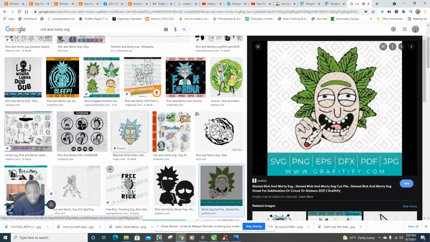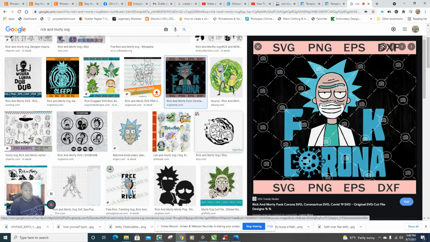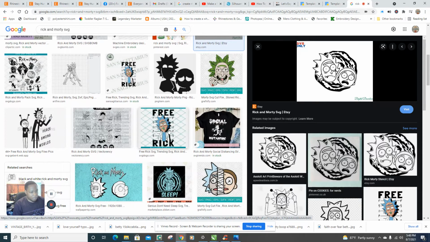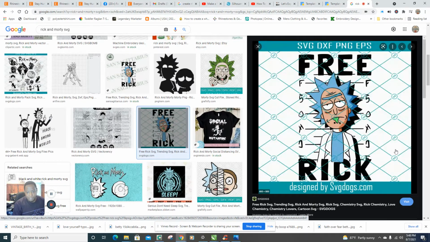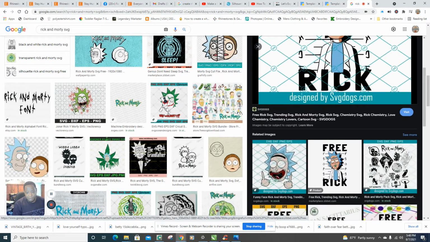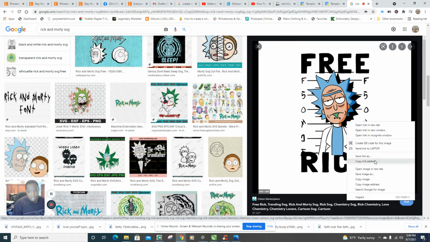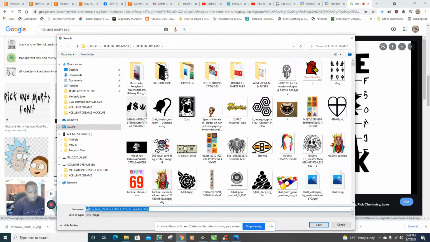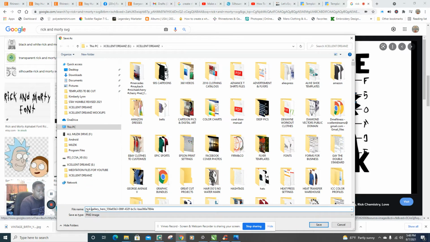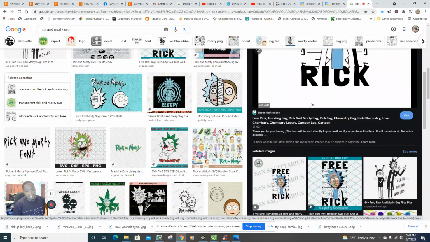Let's see here. That's a good one. Well, it's not because it has the watermark on it or whatnot. Most of the images that you do find online will have the watermark, such as this one. But then they also have it right here. Free Rick. Right click on that, save. I like to save it something I can remember, so I just type in Rick. Now that's pretty slick, but